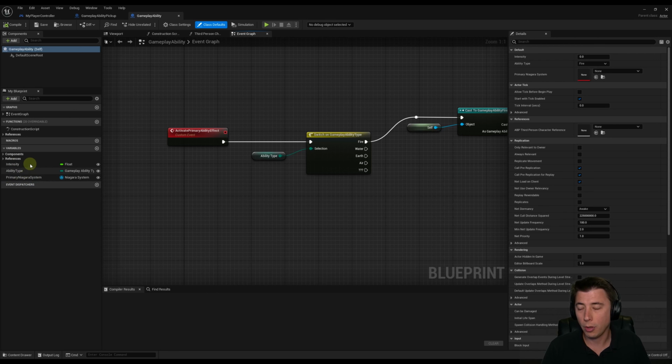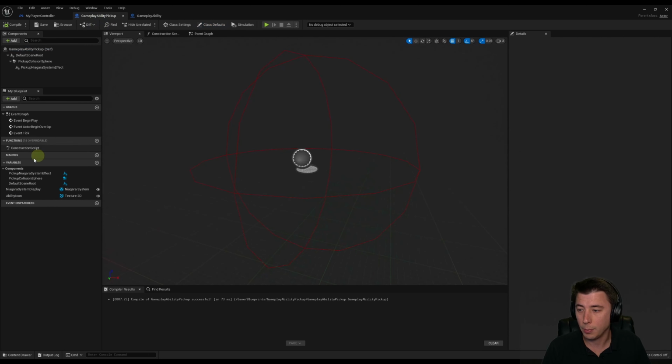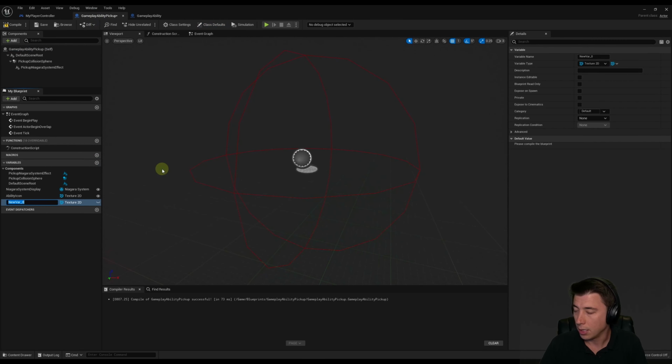And there's going to be a couple of the things that we modify here today to get this working with the pickup actor. But basically all 3 of these, we need to set these on the gameplay ability pickup actor directly so that when we spawn an ability from the pickup actor, then all 3 of these are set. So let's go back to our gameplay ability pickup, and we'll create our first variable,